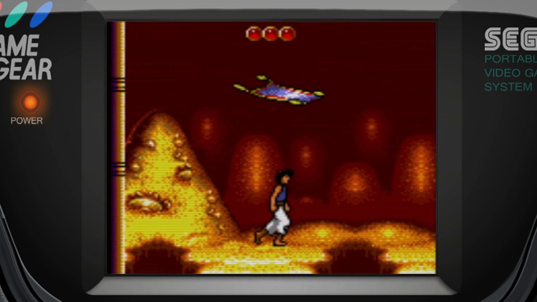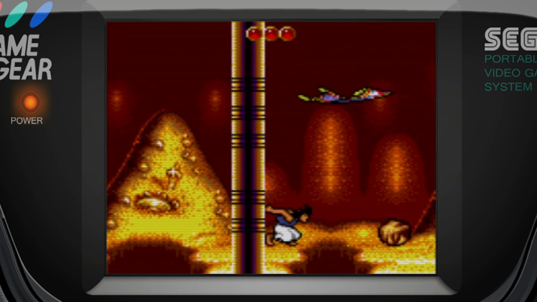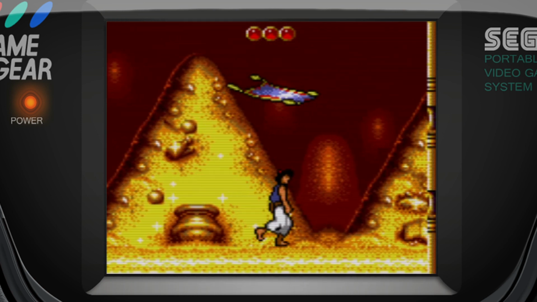Moving on to the next level, and we're in the treasure room. This is where you meet the magic carpet. This level is really simple. All you have to do is jump over pits and collect that